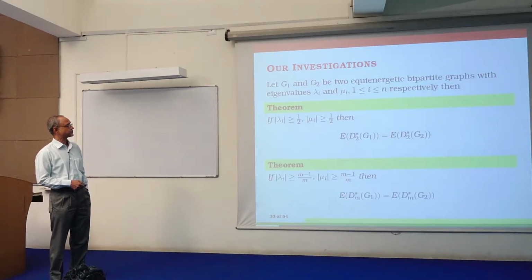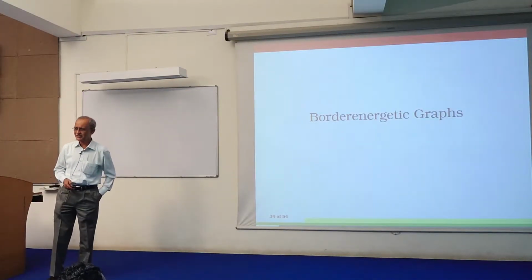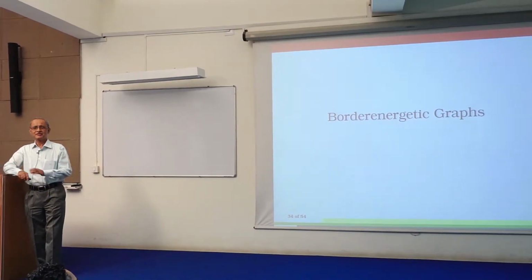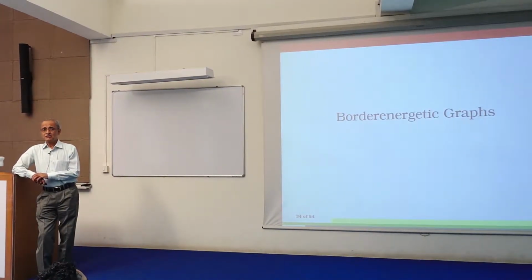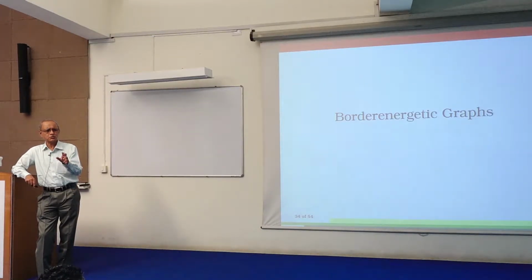Then the next thing is border energetic graphs. The energy of a complete graph is 2 into n minus 1. That is also established